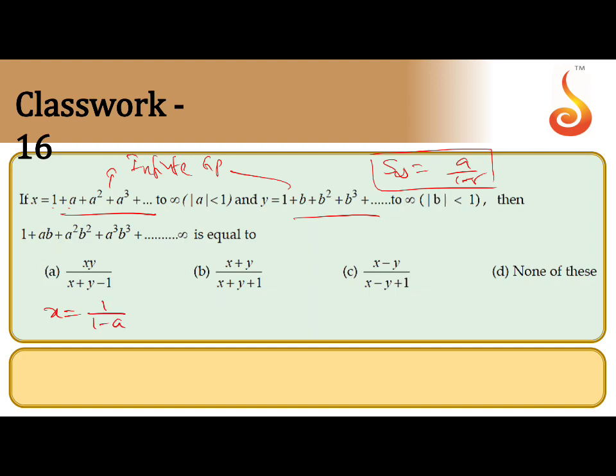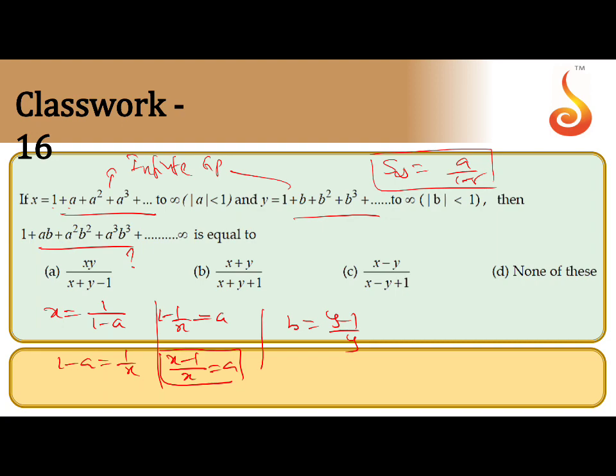So what is our job? We have to find the AB value. So 1 minus A equals 1 by X. So from here, 1 minus 1 by X equals A. That means X minus 1 by X equals A. That is the value of A. Similarly, you can take B also, because the only difference is A and X; here Y instead of X. So similarly B is Y minus 1 by Y. So we have to find this answer. I hope this is clear.